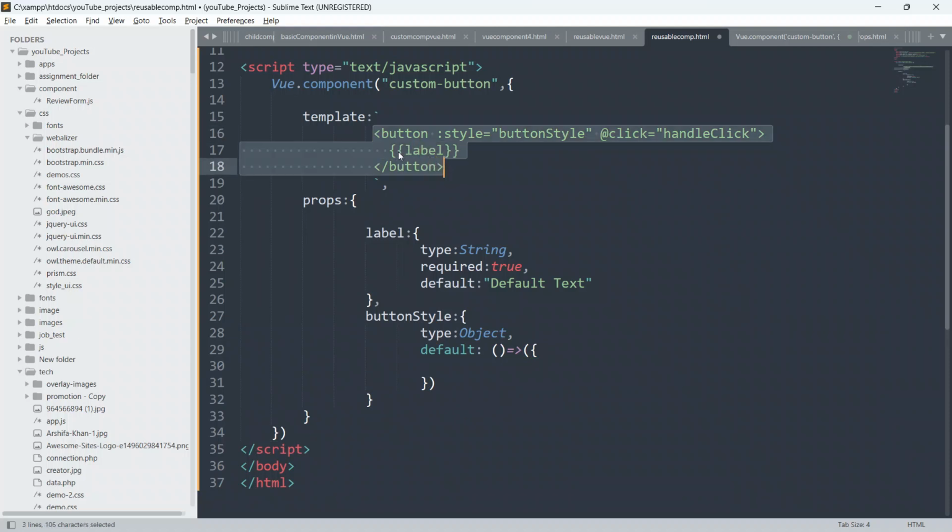Okay, so guys, for this button style, we are going to define some CSS properties inside this default options, inside this default function, which is a type of object.